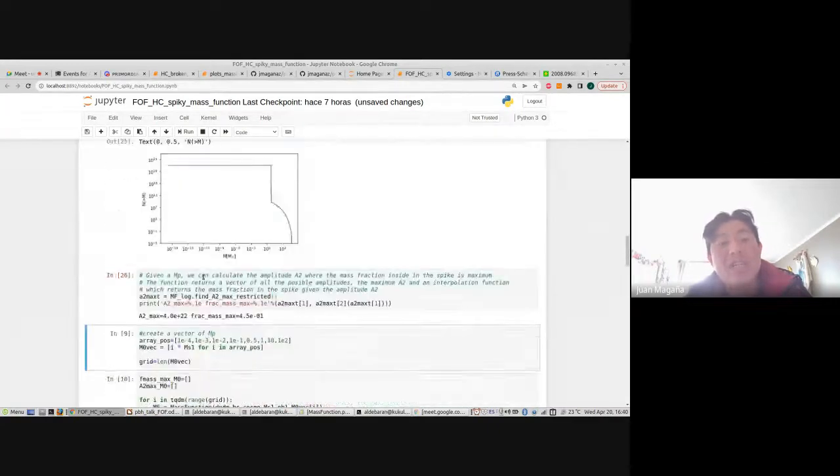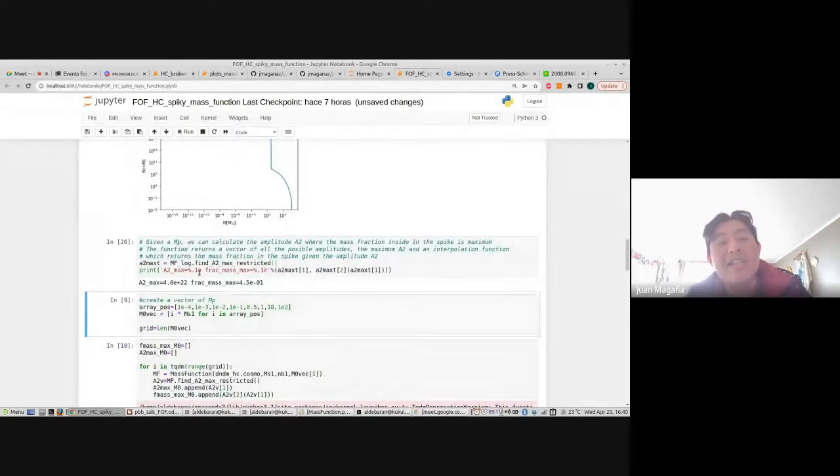When I calculate the amplitude A2 in this way, the algorithm fixes this value as the amplitude of the mass distribution.